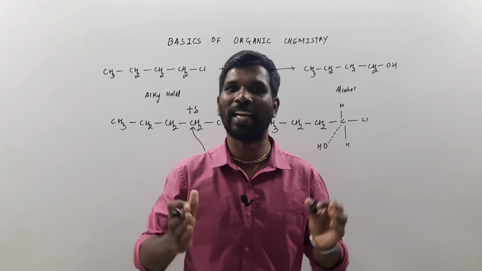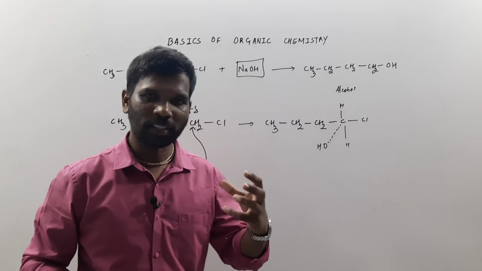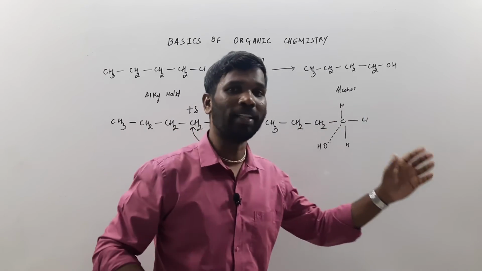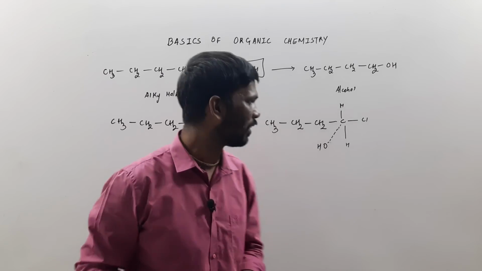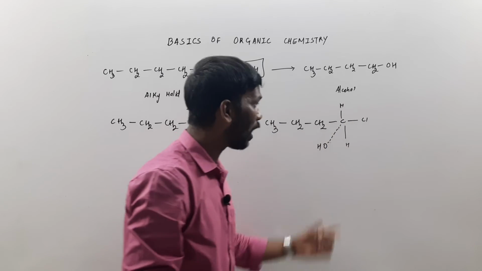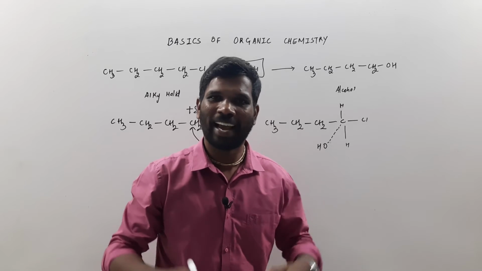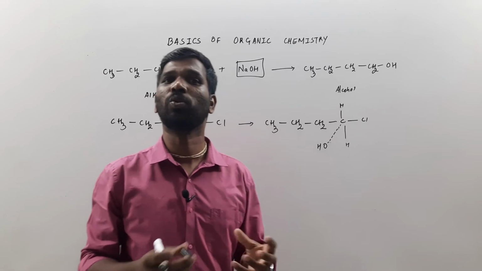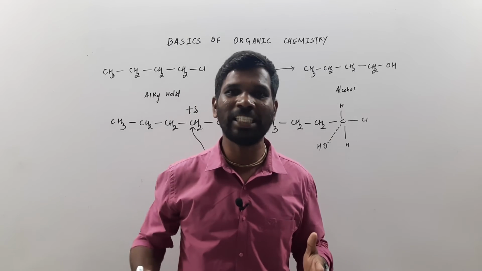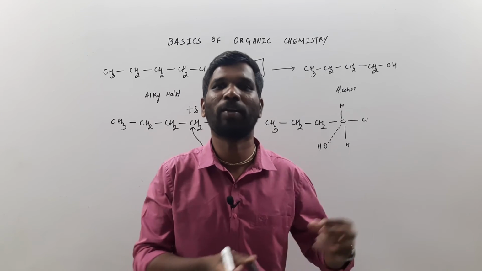Which one is that bond which is breaking? And if it is chlorine, then why is it breaking? Yes, it is the carbon chlorine bond that is going to break, and the reason is very simple. As you know, the longer sticks are easier to break compared to the shorter ones.